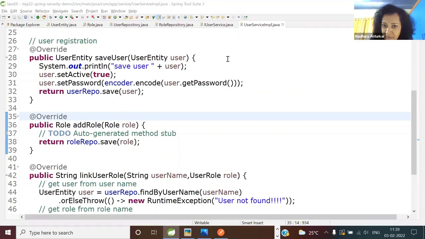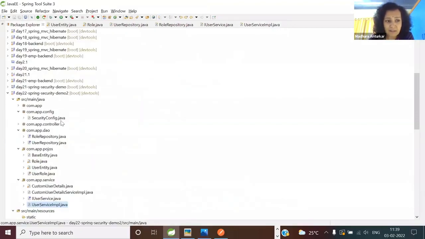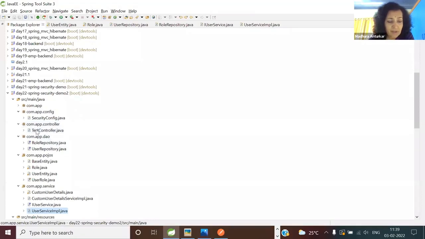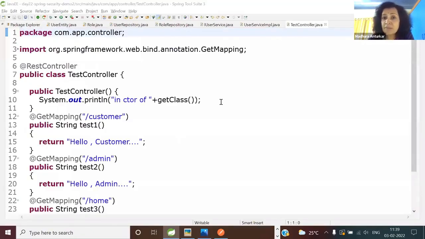And after that, for testing the authentication, do I have to write any new endpoint such as a user login controller? Required or not required? User login controller, required or not required? Don't go by the tone of the question. Think and answer. 100% not required. The answer is not required because see guys where it started. Here, the user wants to access, where is my controller? You remember this? So the user is going to check by sending the API